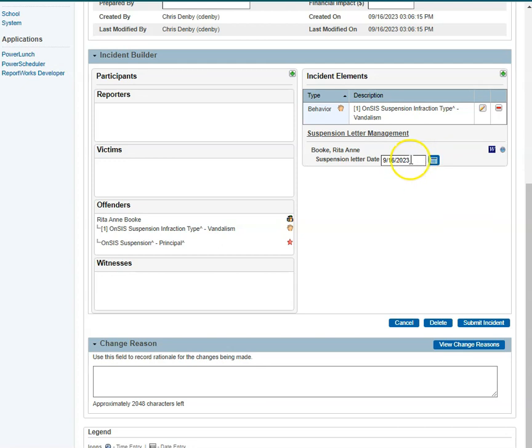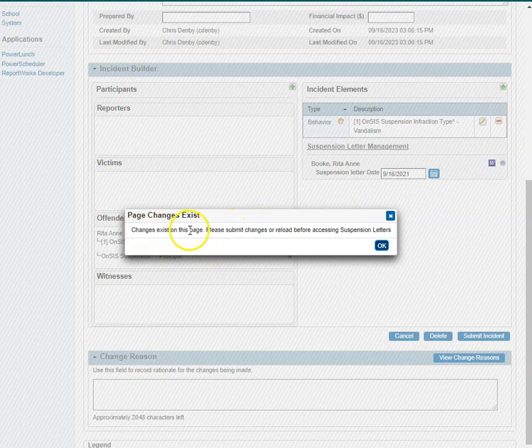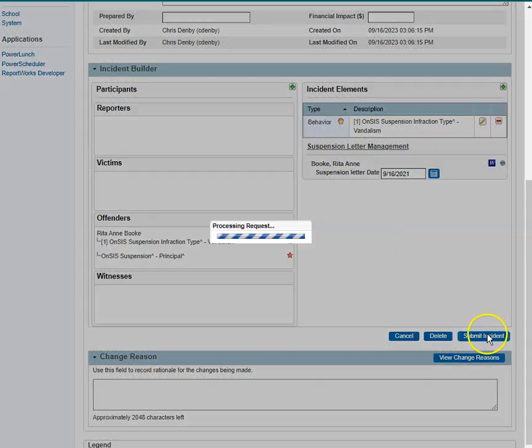You can use this calendar. I'm just going to change it to 1 here. Now we have a problem. I cannot use this link because I've made a change and I haven't saved it. So I have to click on this, and it says changes exist on this page. Please submit changes to reload before accessing suspension letters. So I'm afraid you have to hit submit